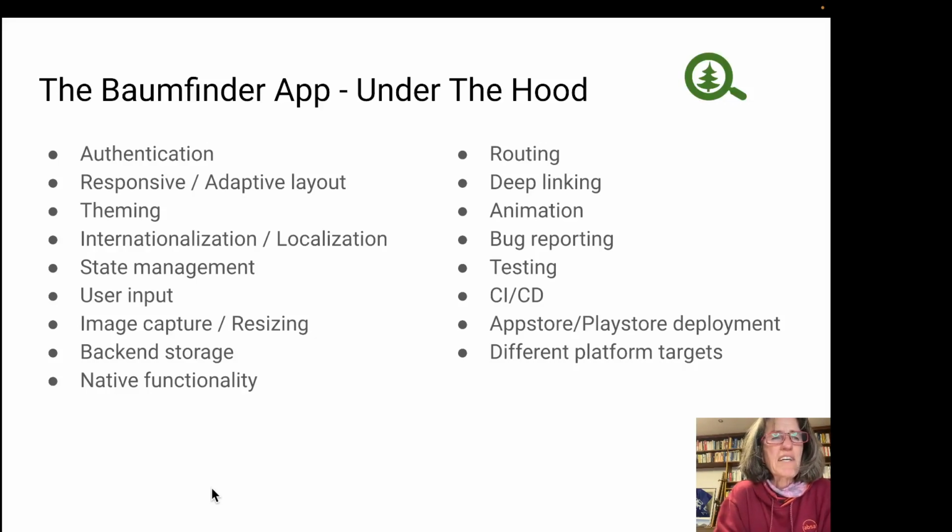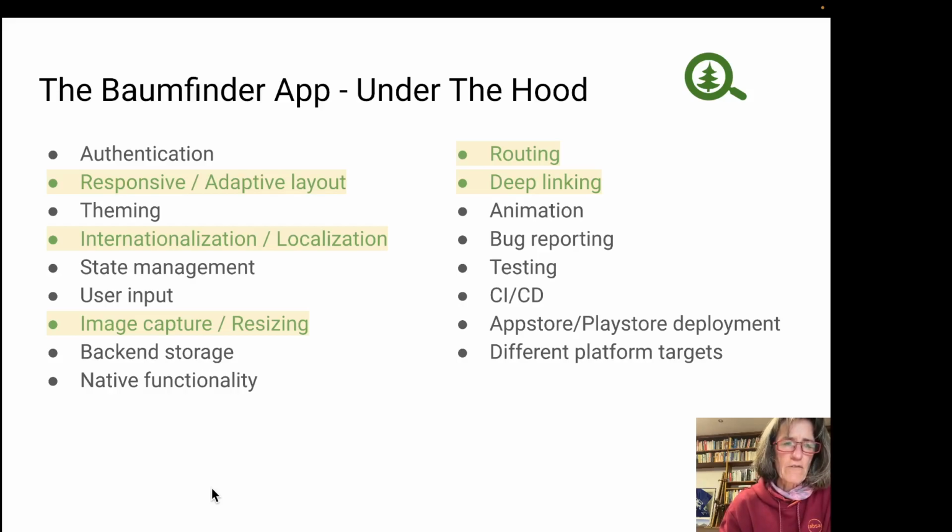So at this point now, you are an expert Christmas tree shopper. So let's look a little bit into the underlying tech. These here are just some pieces of the puzzle. As you see, all of these components are fairly fundamental. And once you've mastered something like state management, for example, in the context of this goofy app, you can pretty much do any professional project. The list is pretty long, so let's look at just a few so far.